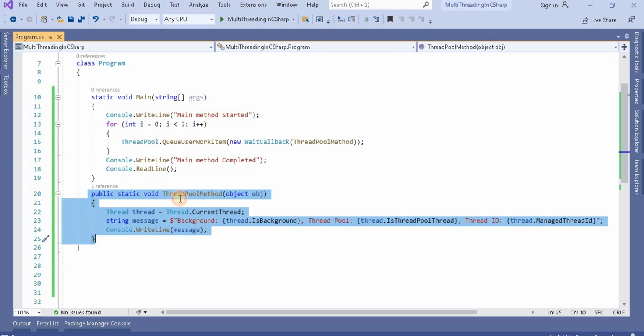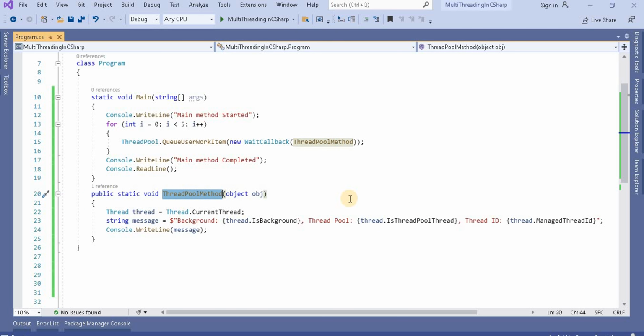Here I have created a method called ThreadPoolMethod, and it accepts one object. This method prints some messages in Console.WriteLine: we are simply printing the thread ID, whether the thread is a background thread or not, and whether it is from the thread pool or not.